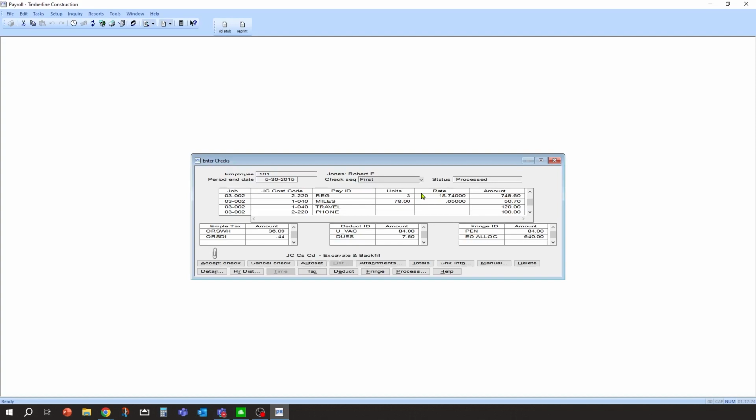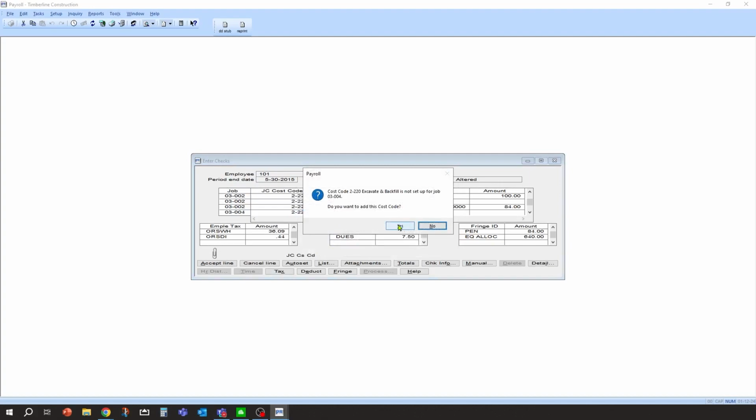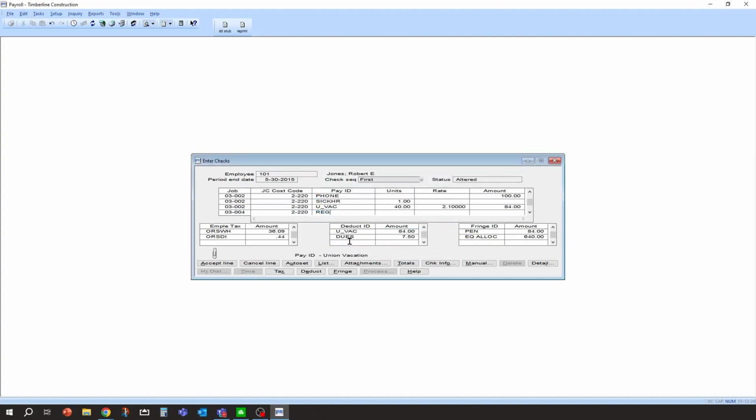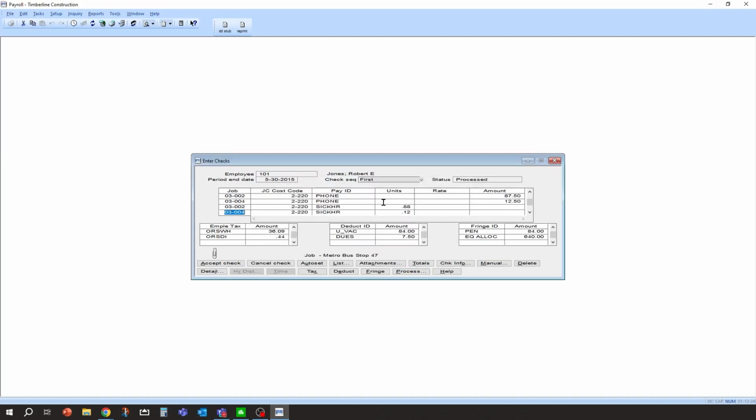If, let's say, let's do 35 hours for that project, and let's add a different project for that employee. And I'm just going to use the same cost code, just being a little lazy here, and we'll say 5 hours. And if I reprocess, now you'll notice there's 2 phones. So that's pretty handy as well. He's going to get a total phone reimbursement of $100, but it got distributed to the jobs based on the hours. So you can have that prorated. And I'll show you where that's set up after this.